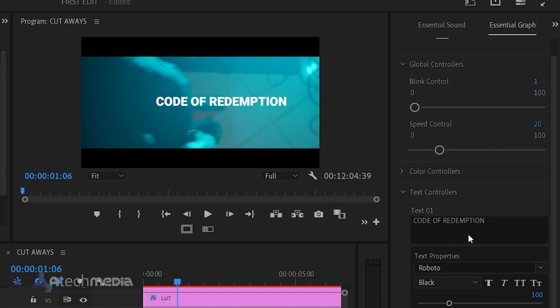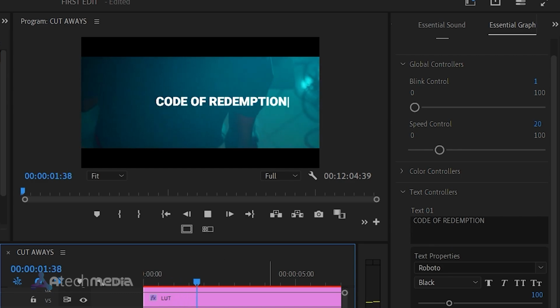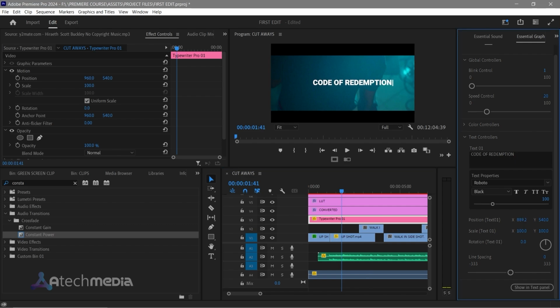Code of redemption, right? So that's it. So let's see it. So you can see it's losing its position. You can either change it from here, from the template itself, or you can change it from here. It doesn't matter, anywhere,